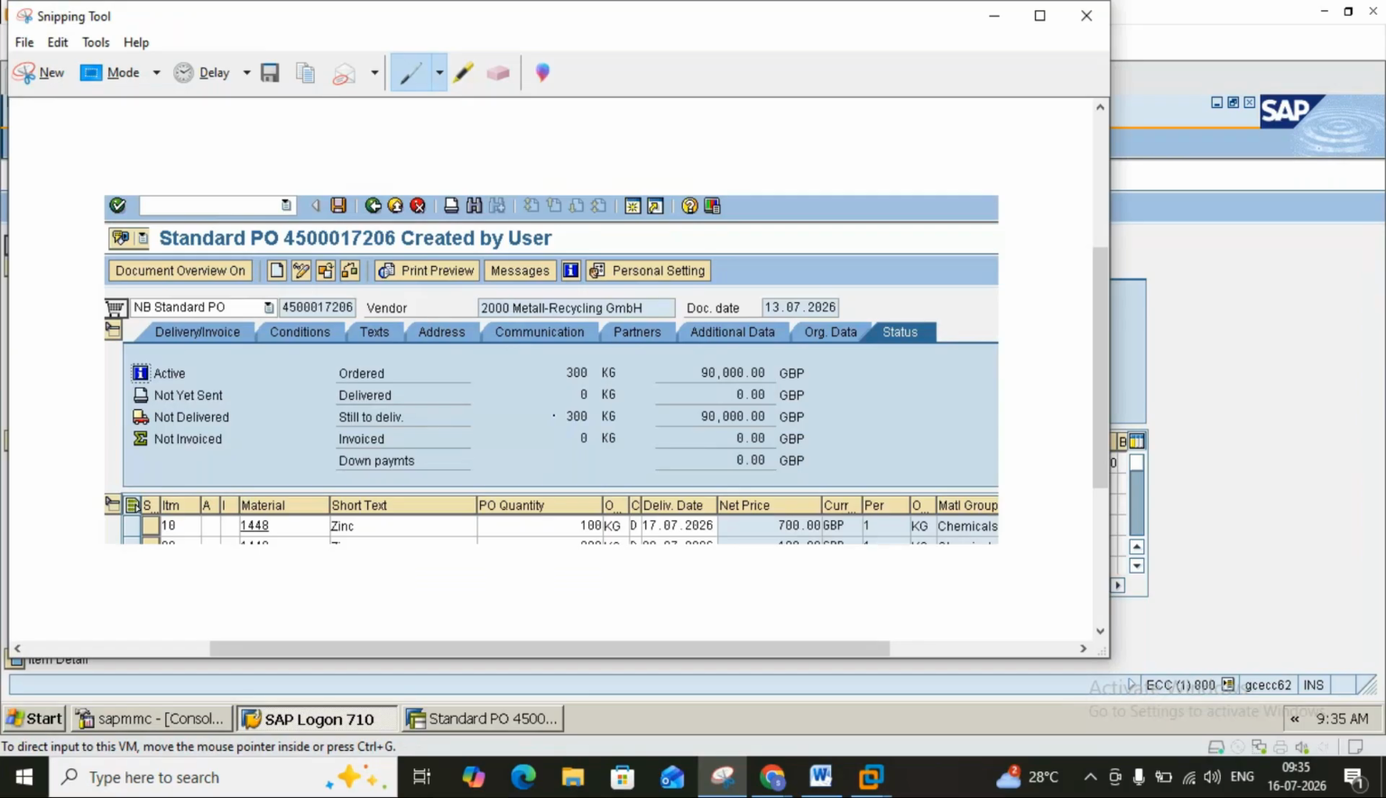Zaid and Madhulika. Zaid, are you there? Madhu,